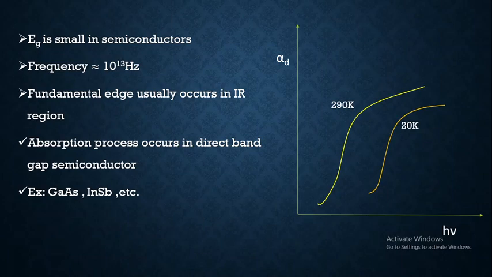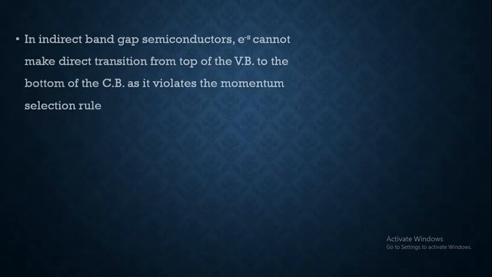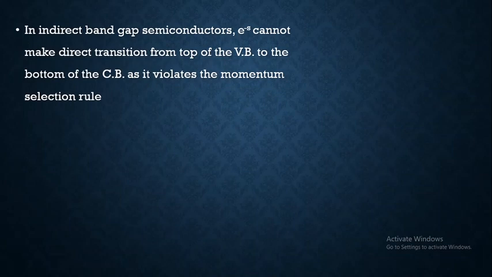But according to the selection rules and conservation laws, we studied that only direct band gap semiconductors will show the fundamental absorption. But is it true? Actually not. Even in indirect band gap semiconductors, we can observe this fundamental absorption. But how? In these type of semiconductors, electrons